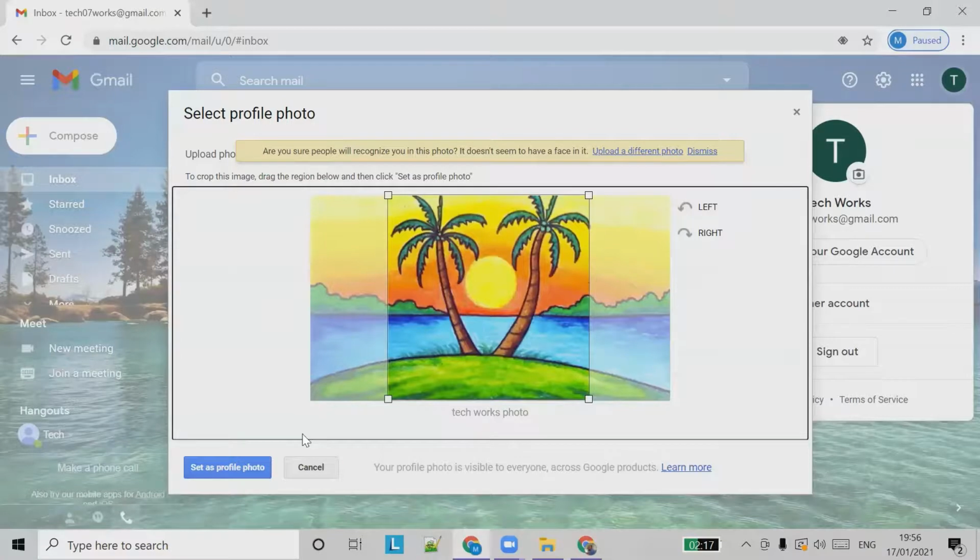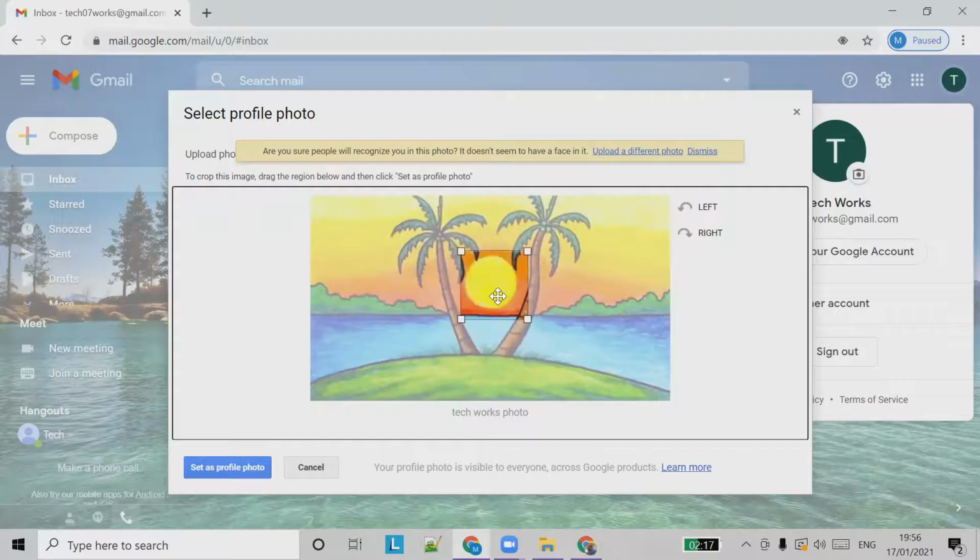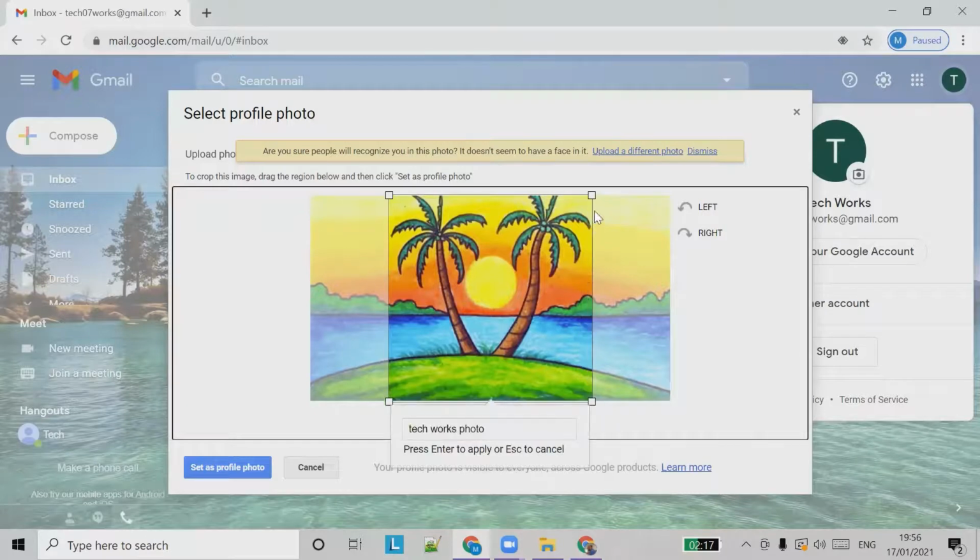You can zoom it if you want to. Let's say I just want the sun, you can zoom it like this, or if I want the trees also, you can do this. Use the crop option. You can cut the photo, not upload the whole photo.